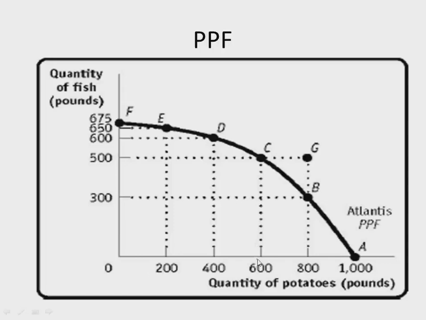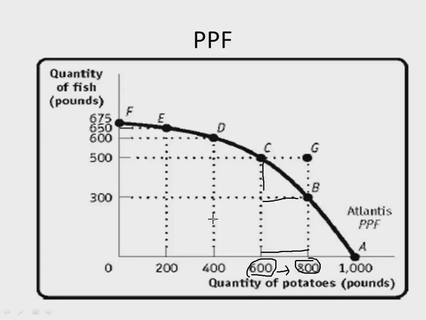If we are to increase the production of potatoes from 600 to 800, it means that we will have to give up. So for us to cover this distance, we will have to give up this distance. So in covering this, we give up that distance, meaning our opportunity cost will be